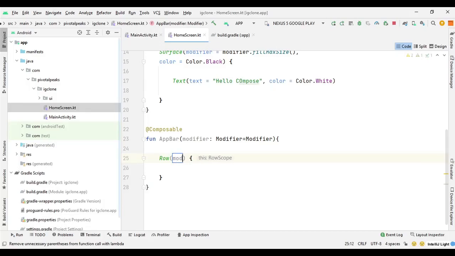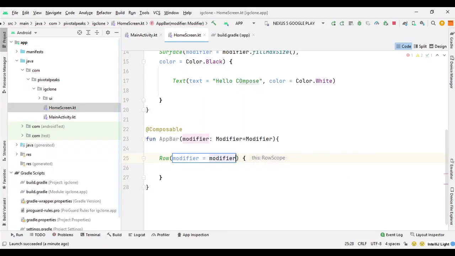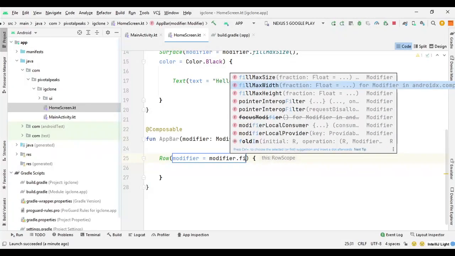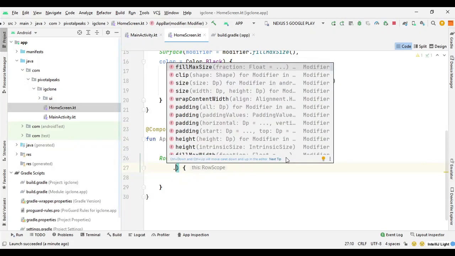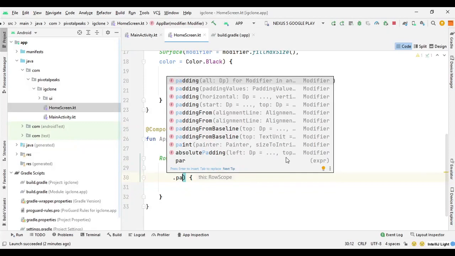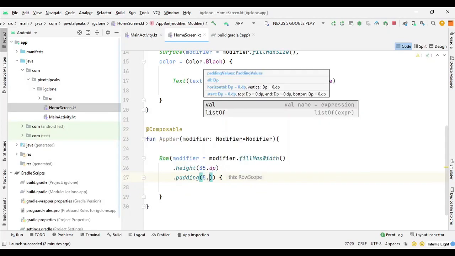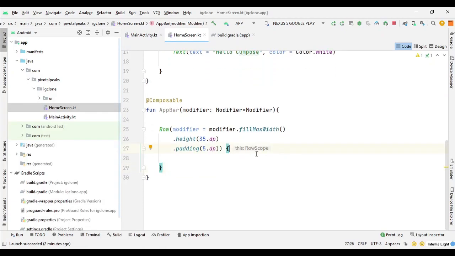We will say modifier equals modifier dot fill max width, so it can fill the entire width of that row, and we need a height of 35 dp, so we can set the height to 35.dp, and let's import the dp, and let's also give some padding, so we can say padding 5.dp. So now the row is ready and we can put the item inside it.